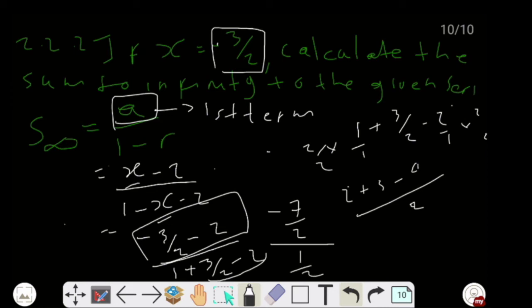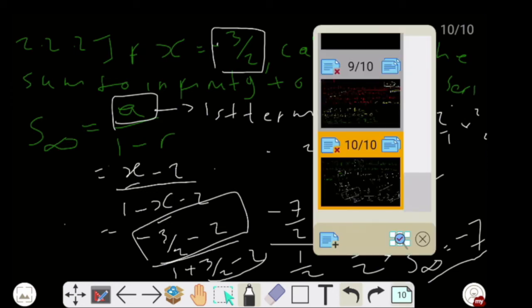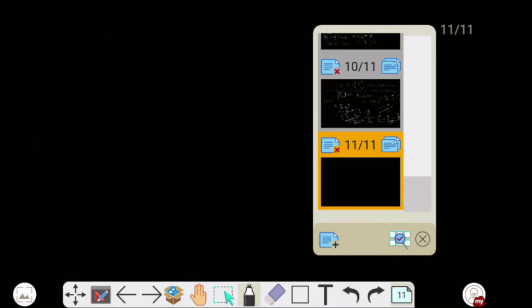And then here you can just flip and times and say negative 7 over 2 times 2, which is 14. It's negative 14 over 2. Negative 14 over 2, meaning your sum to infinity should equal negative 7, right? The sum to infinity would give you negative 7. Alright, I hope you guys have been following and you taking notes. So let's move on to our next part,